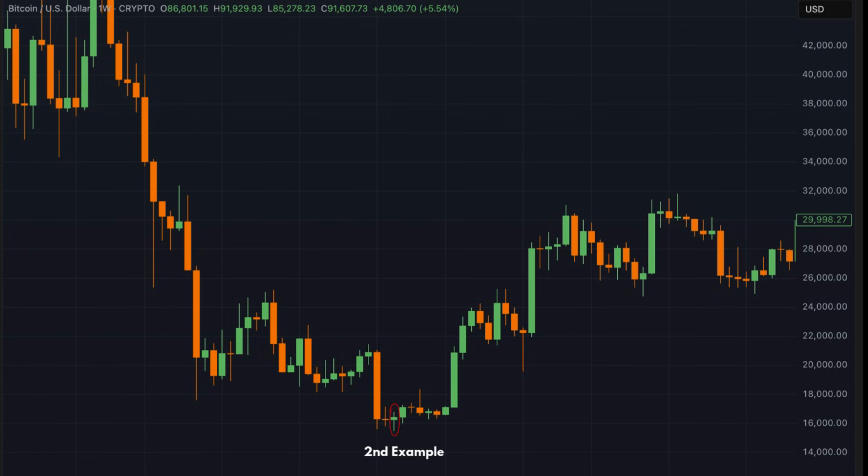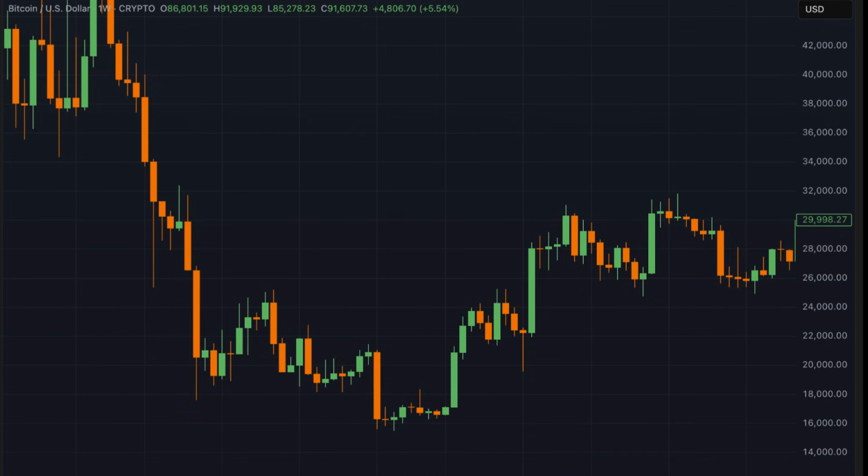As you can see, this is a small-bodied bullish candle, meaning the price opened lower, then dropped to around 15.5k before buyers stepped in, pushing it back up to close near 16.4k, just slightly higher than it opened. What makes this candle interesting is the long lower wick. While sellers initially tried to continue the downtrend, they failed as more buyers entered, hinting at a possible reversal or